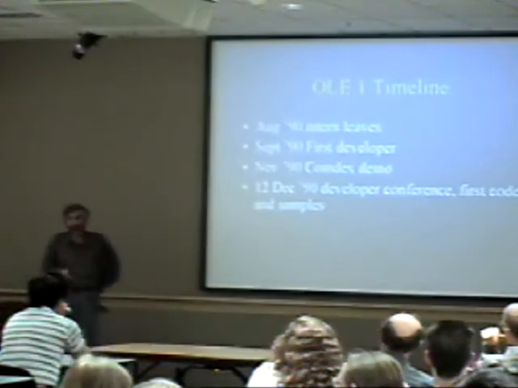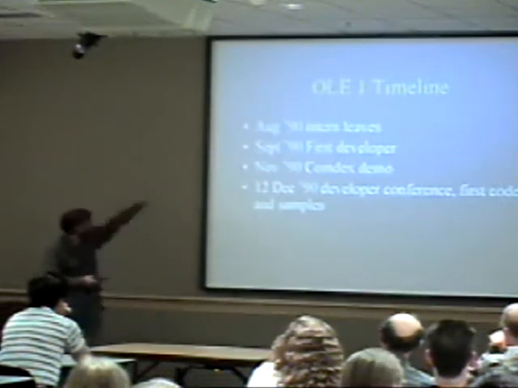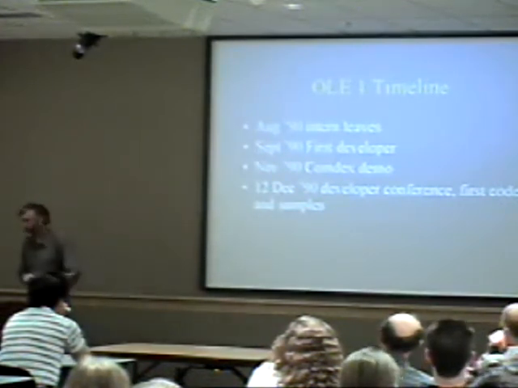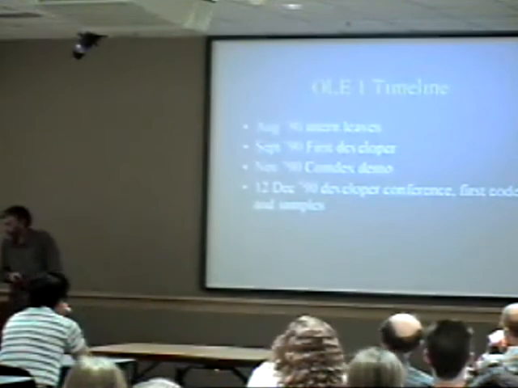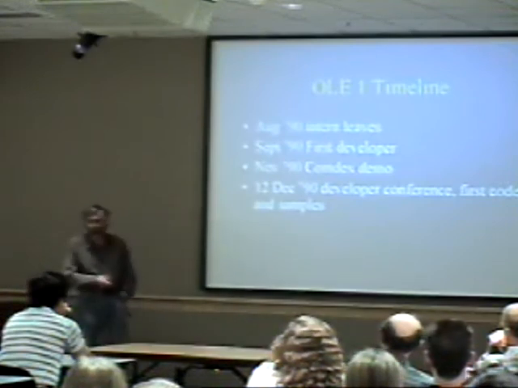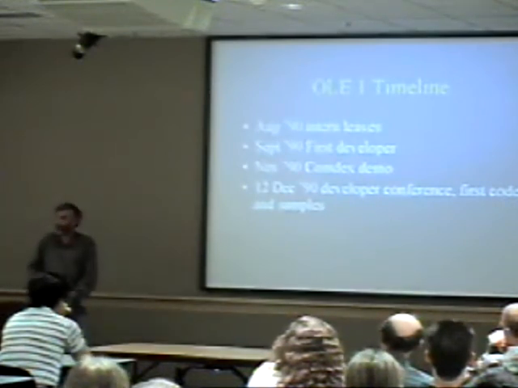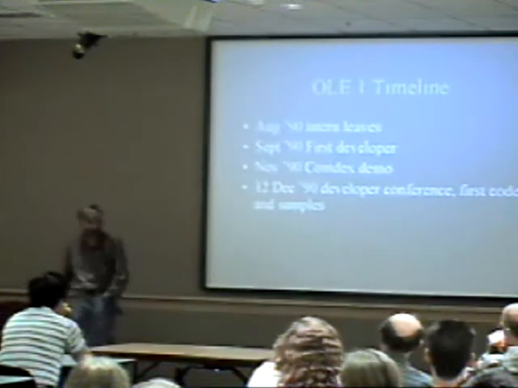Prior to Comdex, there was a press tour, so they needed a demo on a luggable that they could carry around and show to people. And this is 2 months into coding at this point. And then the developer relations group that was just ramping up decided, we'll have a developer conference and scheduled it for December 12th. At which point they needed to be able to deliver code to people, give them samples to show them how to do it, have documentation, have a big book of slides, because we're going to have a whole day of presentations about this stuff.